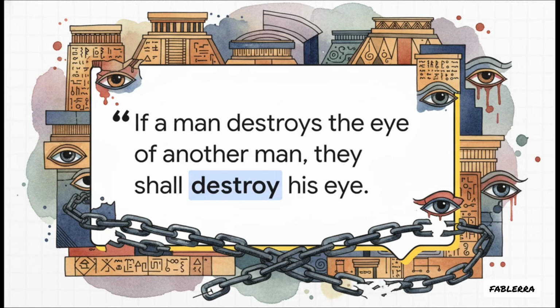Now, to maintain order in these brand new hyper-complex societies, early civilizations relied on some incredibly strict and honestly unequal laws. Take King Hammurabi's legal system in Babylon back in 1772 BCE. The famous line, "If a man destroys the eye of another man, they shall destroy his eye." It's an undeniably harsh framework. It placed people into very strict castes and placed vastly different values on human life depending entirely on what class you happen to be born into.